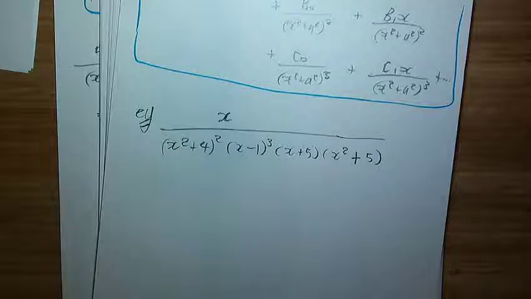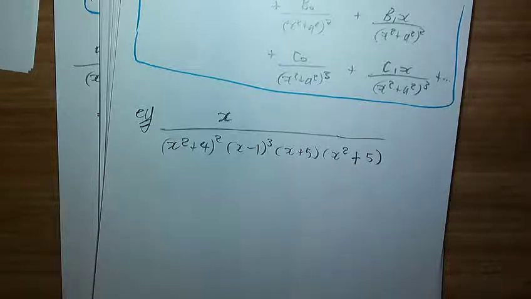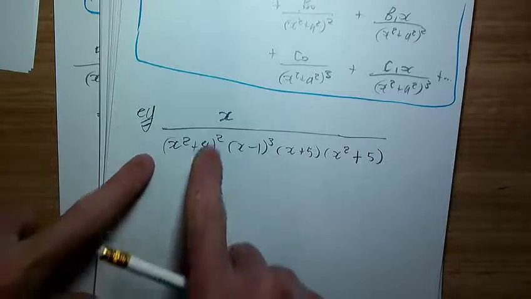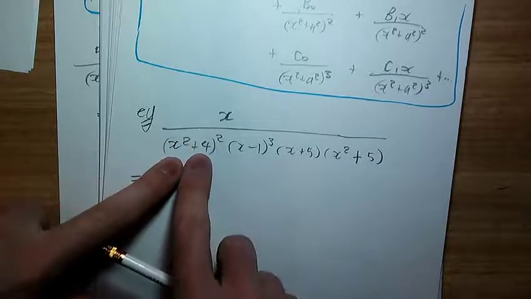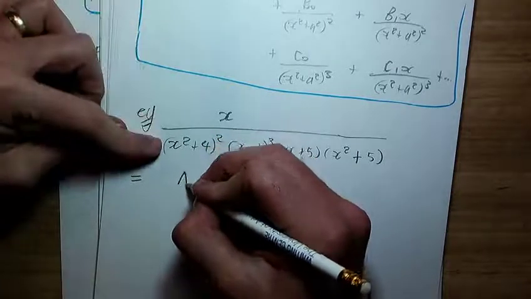So let's just do something. You should just check if it's been factorized properly. If this had been an x minus 5, I could have separated it into an x plus root 5 and an x minus root 5, which would be linear terms. So, one step at a time. This bit here is an irreducible quadratic. It doesn't factorize any further, so I can do this. It will be